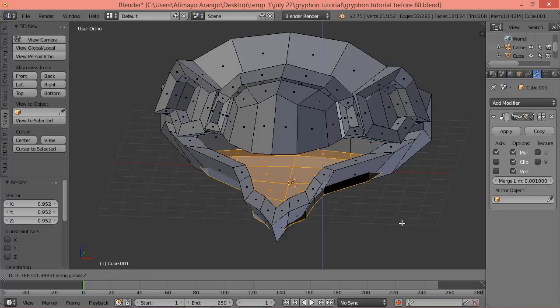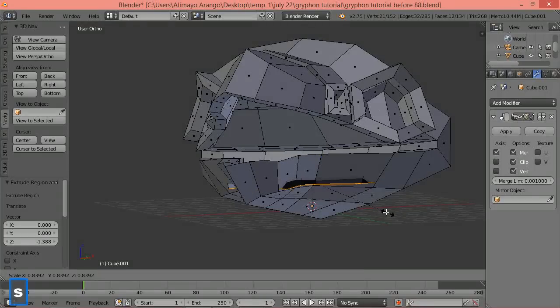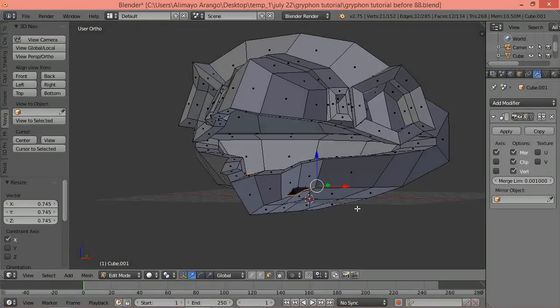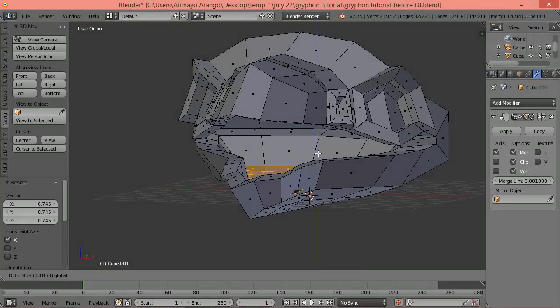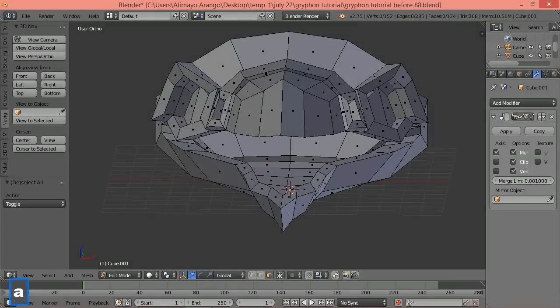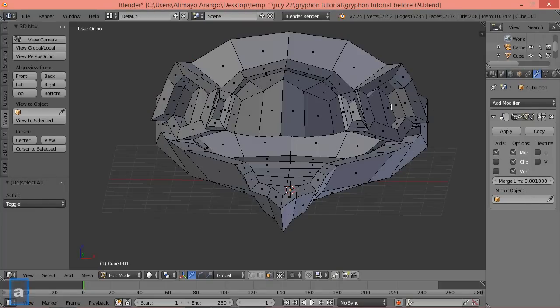We'll do the same thing. We'll purposely come through the bottom a little bit. Then we'll press S to scale. We'll press S to scale on the X axis. Then we'll just pull up a little like that. Then we'll press A to deselect. Okay, now we'll press A to select everything, A to deselect everything, and that is useful for just making sure